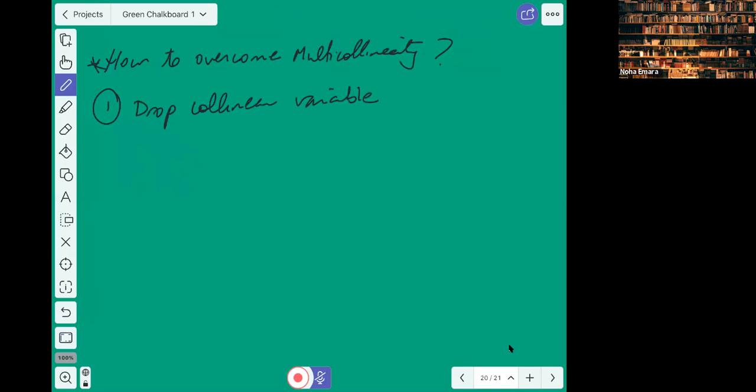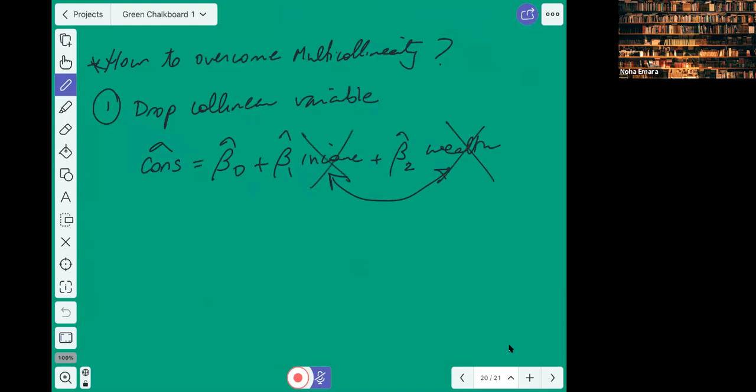This collinear variable is not related to a certain microeconomic theory that is telling us that we have to include it in the model. However, suppose that I have a model like this: consumption is equal to beta hat naught plus beta hat 1 income plus beta hat 2 wealth. And I'm sure that wealth and income are correlated. Can I just drop wealth from my regression? Of course not. Can I just drop income from my regression and leave wealth? No. Why? Because this would create something called specification